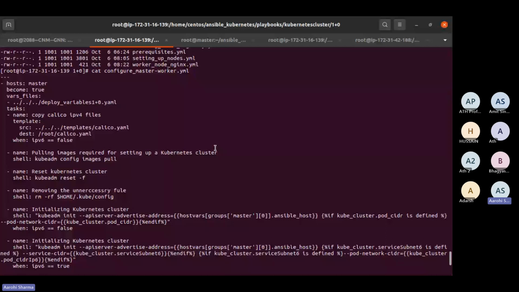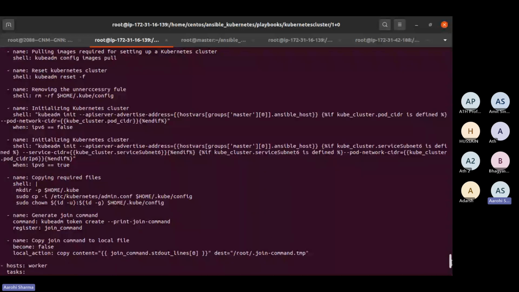Then initializing the Kubernetes cluster with the kubeadm init command. Then we are copying the required files, right? Then generating the join command with kubeadm token create, then copying the join command to the local files.